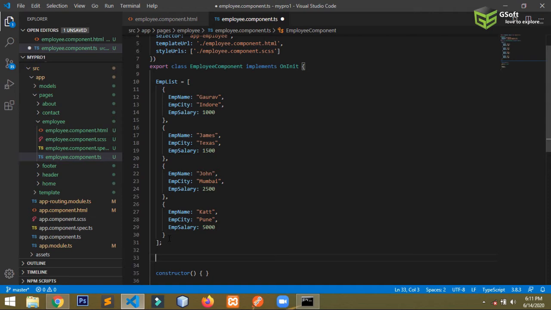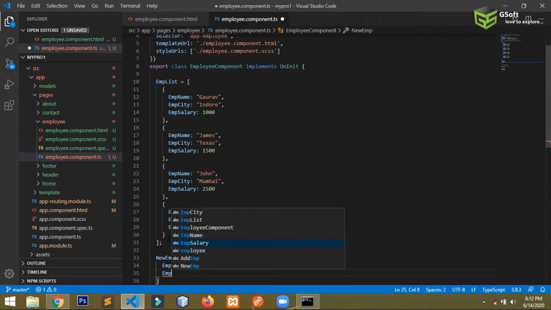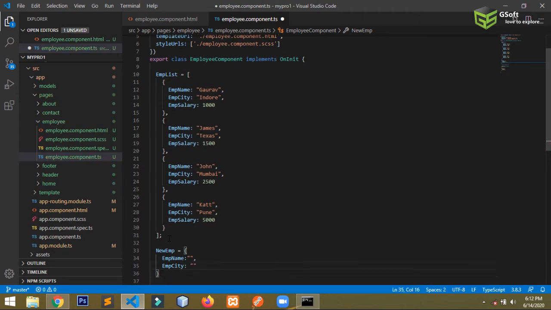So what I will do here, newEmp equals to, and here I will write empName, then I will write empCity, I will leave it blank, and then I will write empSalary.